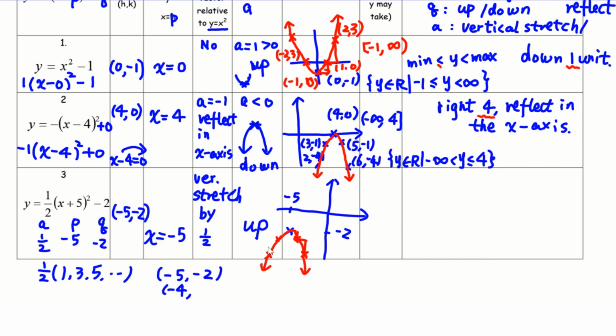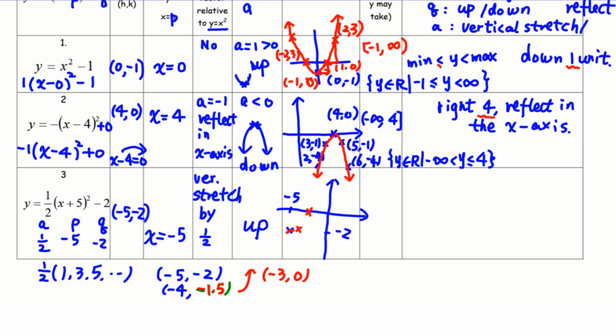So it will be, sorry, I didn't graph it correctly, it needs to open up. So it's right 1, up 1. So this one plus 1 or 2 gives you -1.5. So -1.5. And another one, right 1, up 1.5, gives you 0. Okay, so it's right 1 up half, then right 1 up